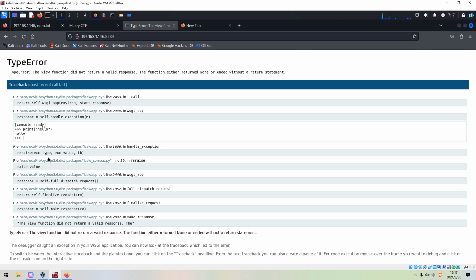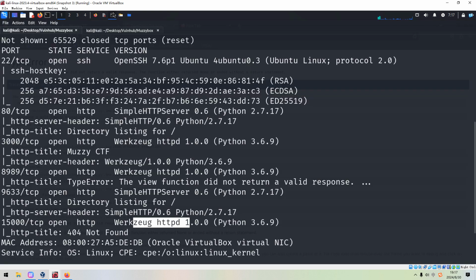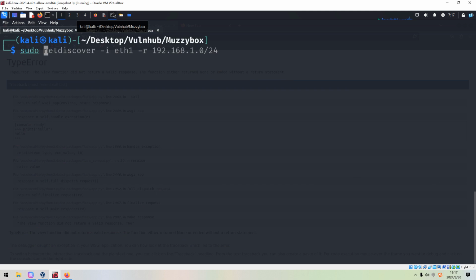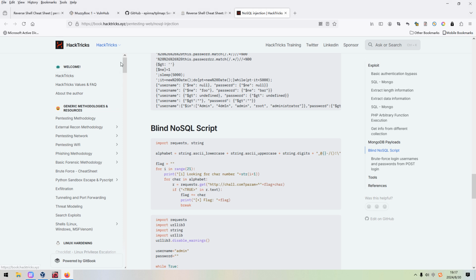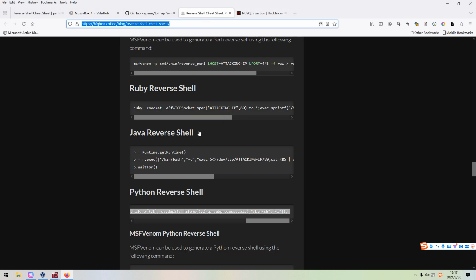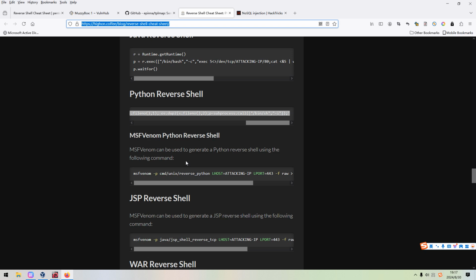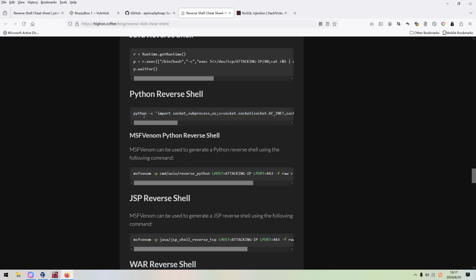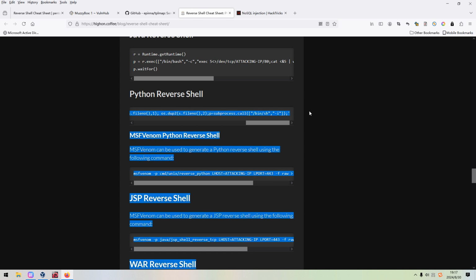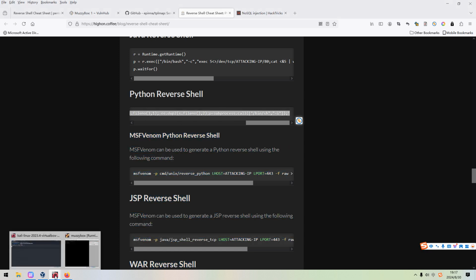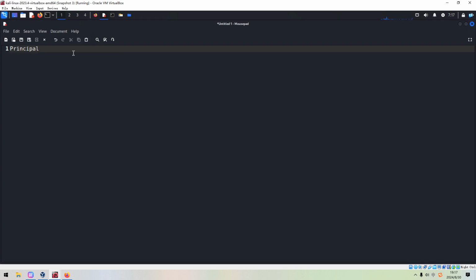So next, what are we going to do? I think we can run the reverse shell command to get a foothold on the target. And to do that, I think first of all we can set up the listener on Kali Linux. Okay, and now we can go to the website, Hacking Coffee, and this website contains the reverse shell command with Python. We can copy and paste it into my notebook.